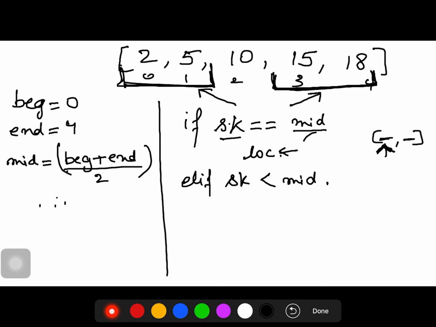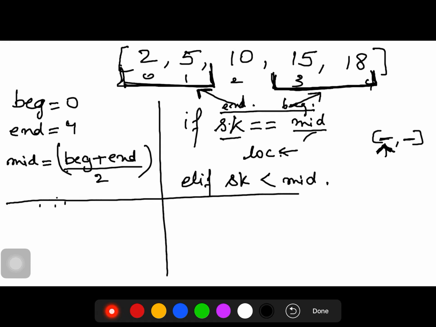If search key is less than mid, it will lie here. Remember which pointer you have to change. If search key is less than mid, we will change the position of our end. If search key is greater than mid, we will change the position of our beginning. This is crucial for binary search.